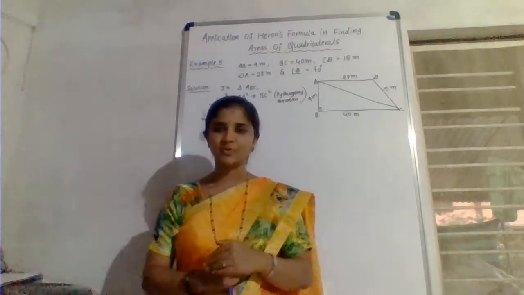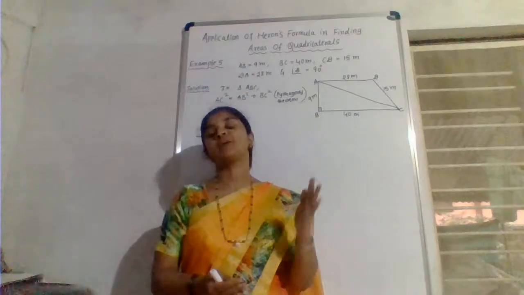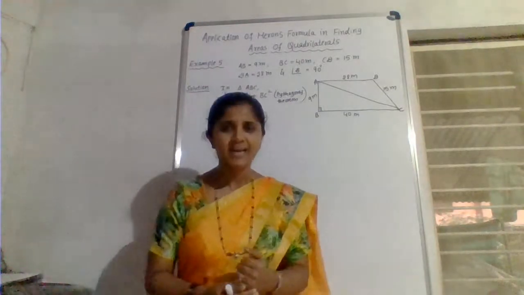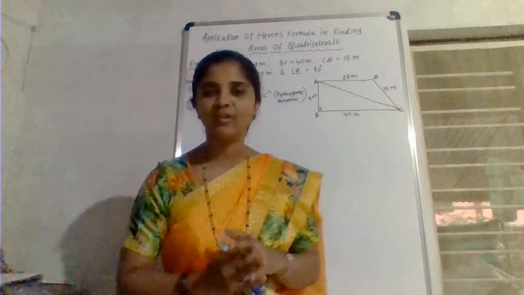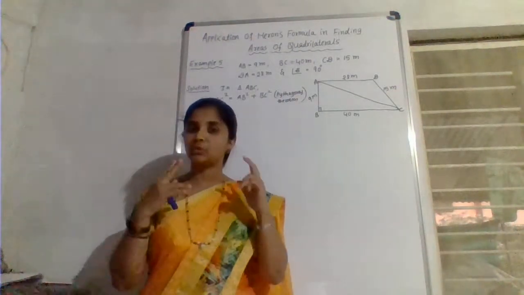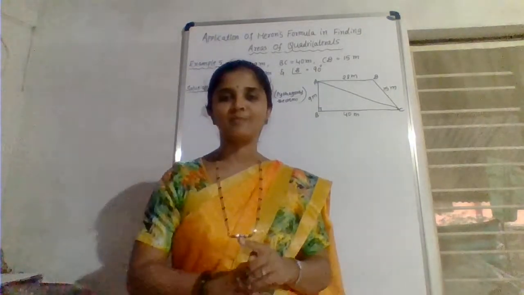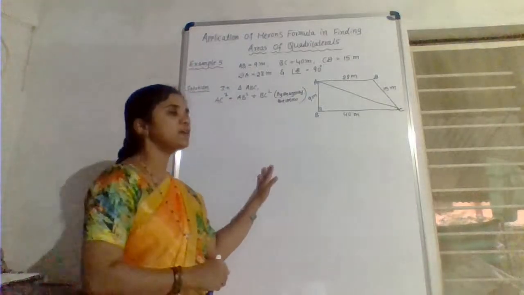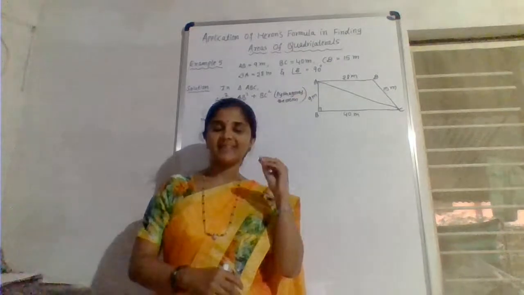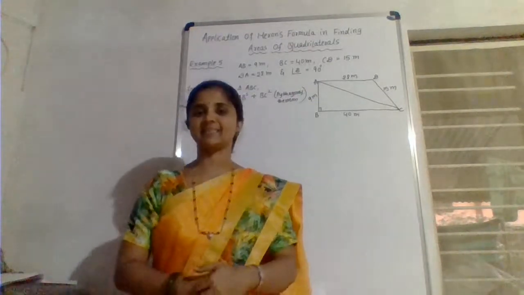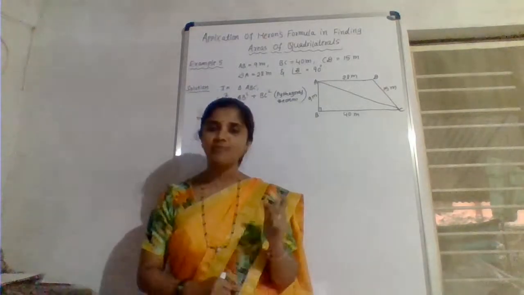I think most of you have got the idea of how we can use the area of triangle formula to find the area of a quadrilateral, right? Because we all know that if we draw one diagonal in a quadrilateral, it divides it into two triangles. For the triangles, we can easily apply Heron's formula. In this video, I am going to explain one example problem so that you will get the idea of how to solve the second exercise, the application of Heron's formula in finding the areas of quadrilaterals.